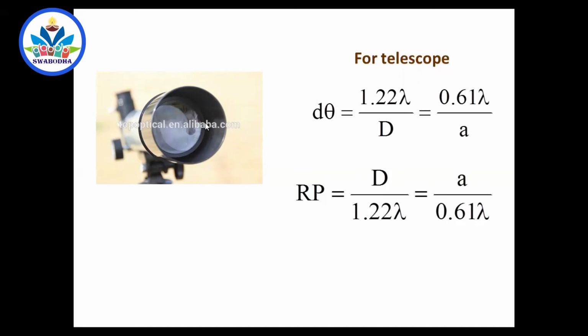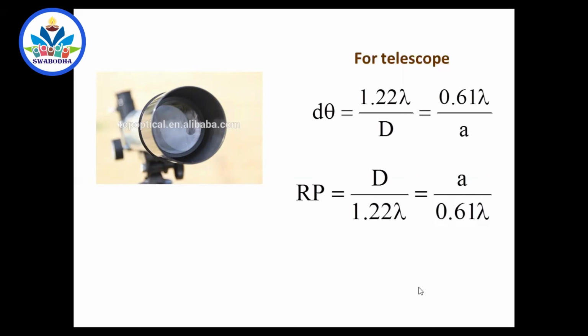So the reciprocal of limit of resolution is resolving power, and limit of resolution is given by 1.22 lambda by d, and resolving power is d by 1.22 lambda, where d is the diameter of this objective lens, the lens which is towards the object, and lambda is the wavelength of light coming from the object. And if you want to write the radius of the objective lens, you have to write the diameter as 2a. If a is the radius, the diameter is 2a, and the denominator becomes 0.61. So any formula you can use, but the formula is very important.